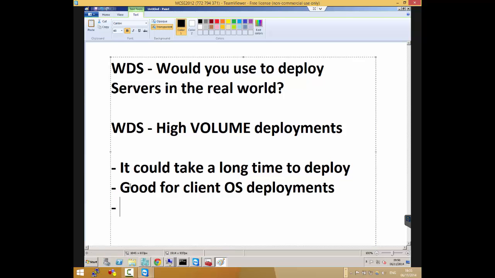I'll tell you my own third reason. My own third reason is because virtualization has changed the landscape of IT. Exactly, that's another good point. The other thing is, Marco, you're studying for System Center Virtual Machine Manager. Like what Stefan said, WDS could take a while to deploy a server. But think about the kind of technology we have with virtualization these days. Majority of servers are virtual.